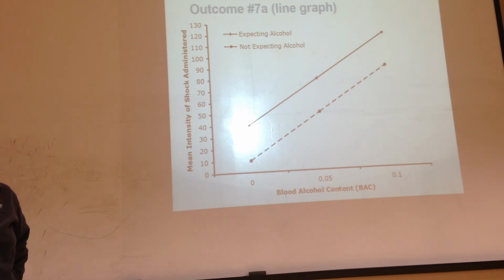There's a possible main effect of blood alcohol content such that people who have higher blood alcohol content give more intense shocks than people who have lower blood alcohol content. If you want to be really good and make me really happy on the test, you would say something like, there's a main effect of blood alcohol content such that people with 0.1 BAC